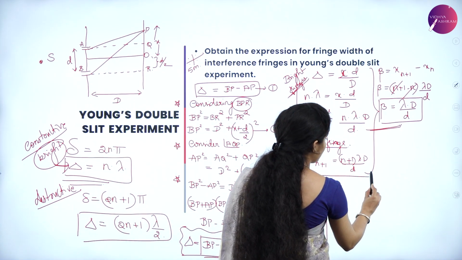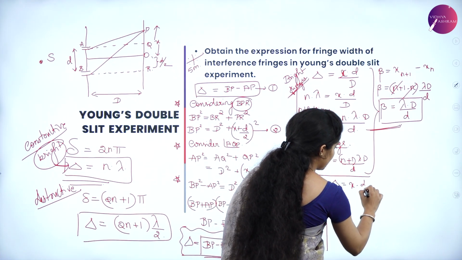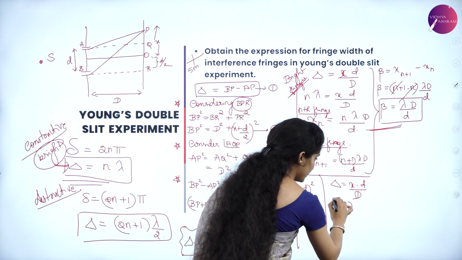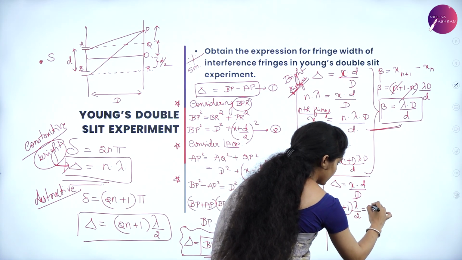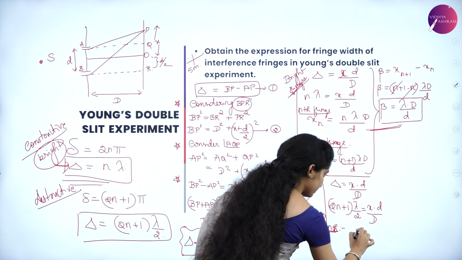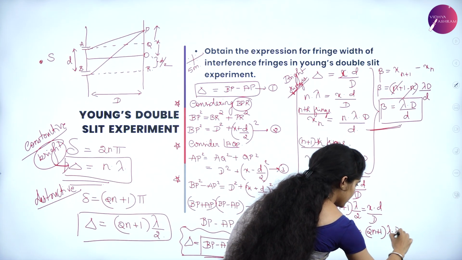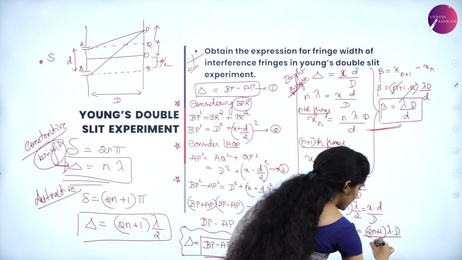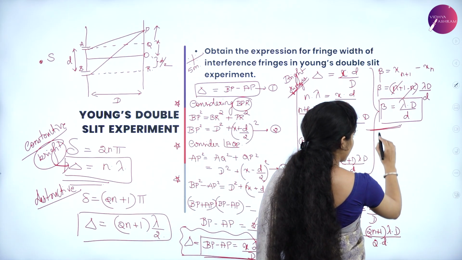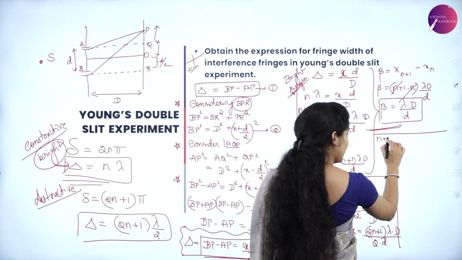In the same way, for destructive interference we have delta equal to xd by D. So delta is (2n+1)λ/2 equal to x into d by D. For the nth fringe, we go with x equal to (2n+1)λD divided by 2d. Similarly, for the (n+1)th fringe,